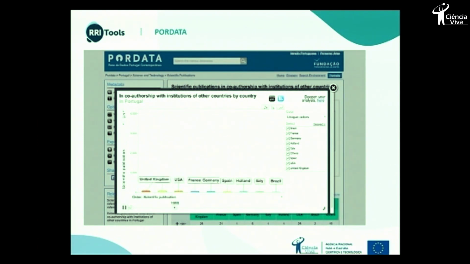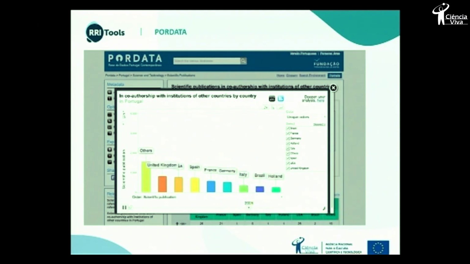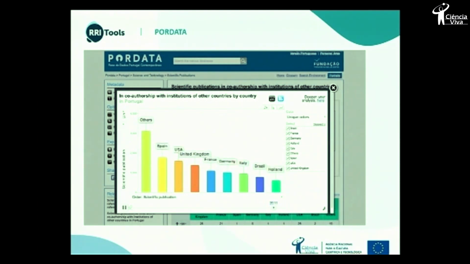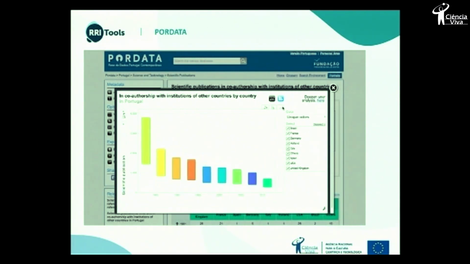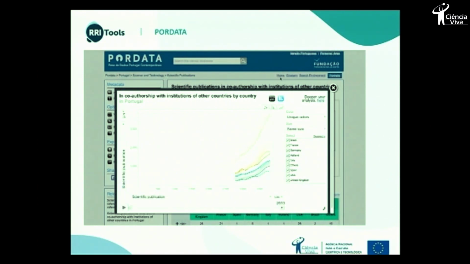This is an example that is a nice illustration actually of the spectacular influence of Maria Nugago that was mentioned here today and yesterday. It really describes the growth of collaboration of Portuguese science with many countries along several decades, and there was nothing happening before the 90s, and you can see